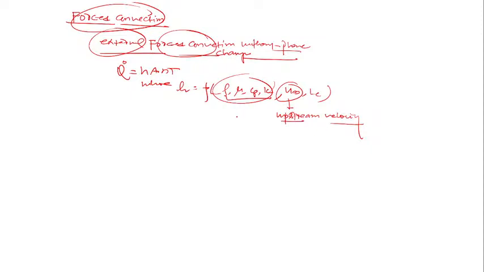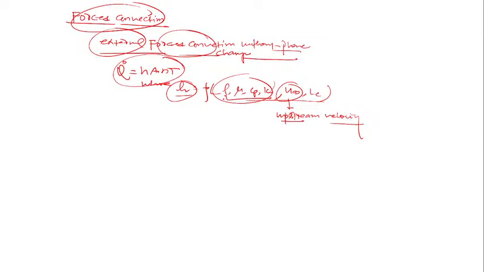So as I told you, all the complexities of convection heat transfer are involved only in the calculation of h. How are we going to find h? Obviously we should do an experiment. But carrying out the experiment is very difficult because there are a very large number of parameters, six in total. One by one we have to change a parameter, keeping all the other parameters constant, and then we can know how h varies.